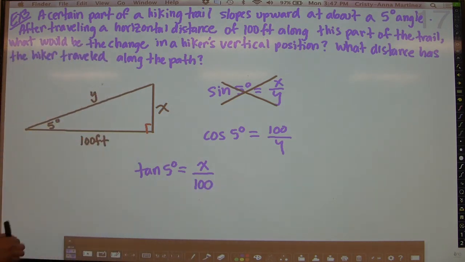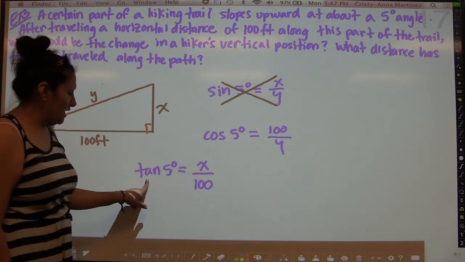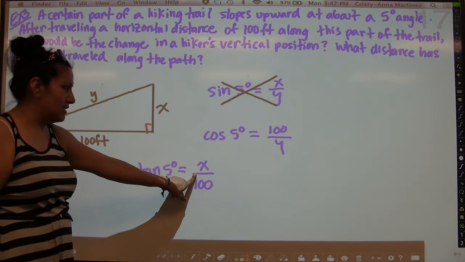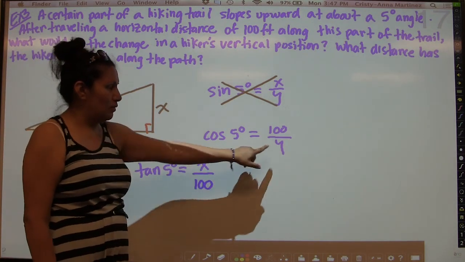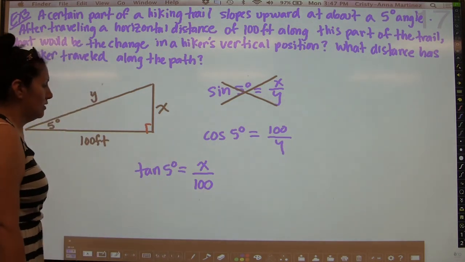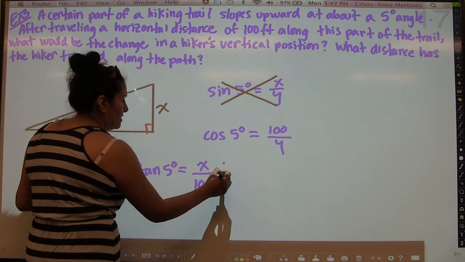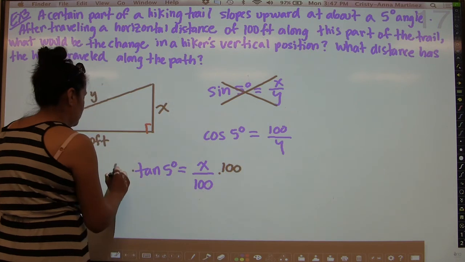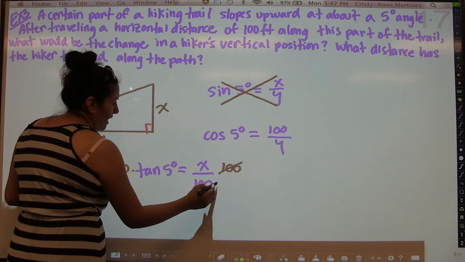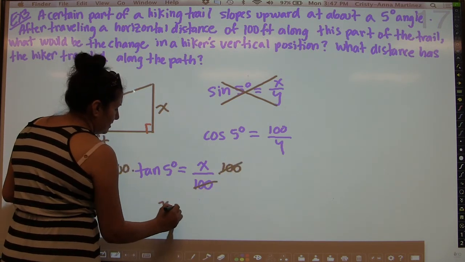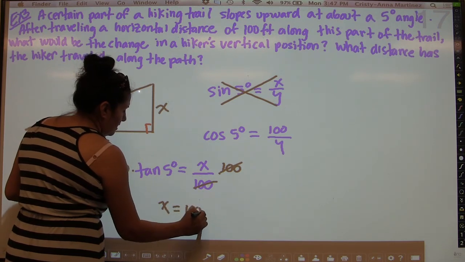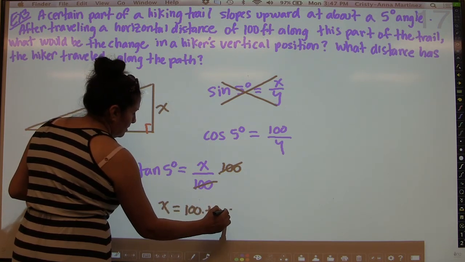Okay? So you could use either one of these functions, cosine or tangent, and they will give you the answers that you're looking for. Now, in the case of tangent, we're going to find out what the x value is, and in the case of cosine, we'll find out what the y value is. So we're going to do both of those. Let's go with the tangent first. We'll multiply both sides by 100, and then the hundreds will cancel, and you'll get that x is equal to 100 times the tangent of 5